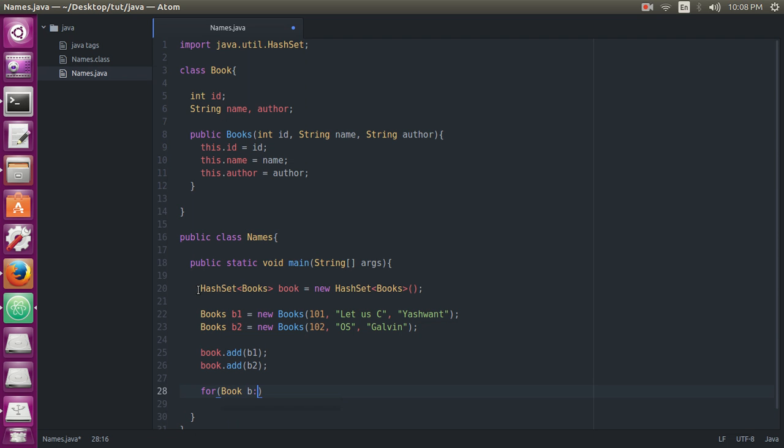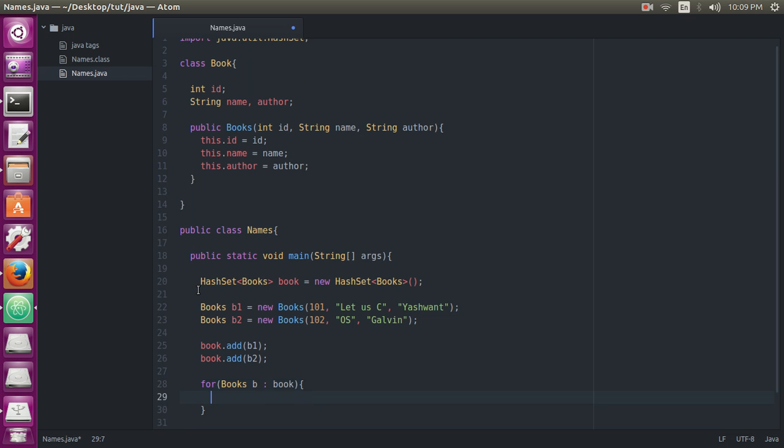Book b from book. It should be Books, because here we write the data type, and here the data type is the class. So now we'll print the information. println.